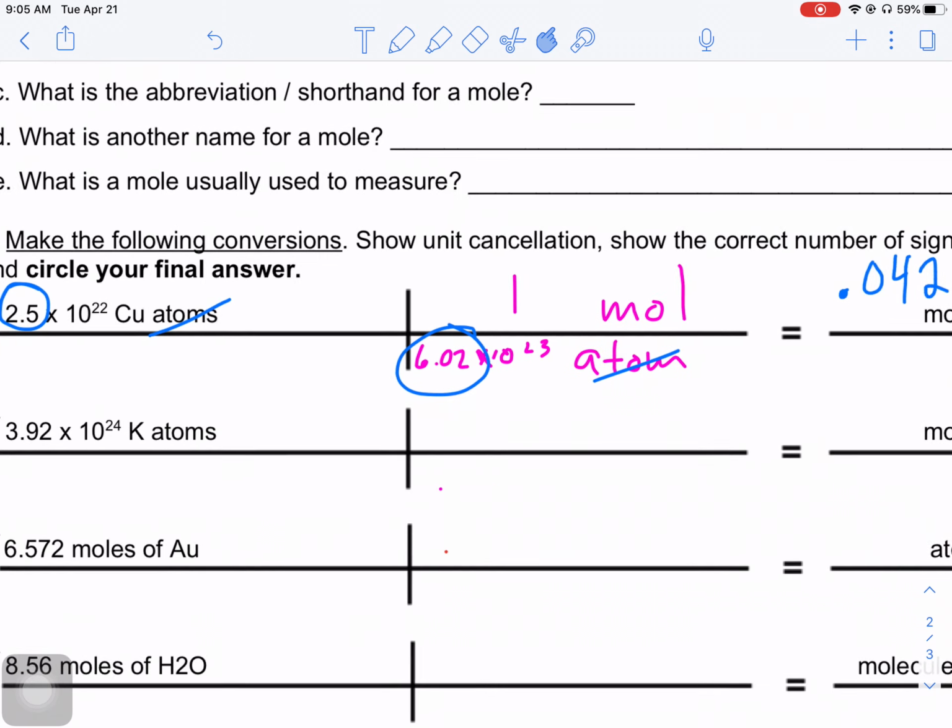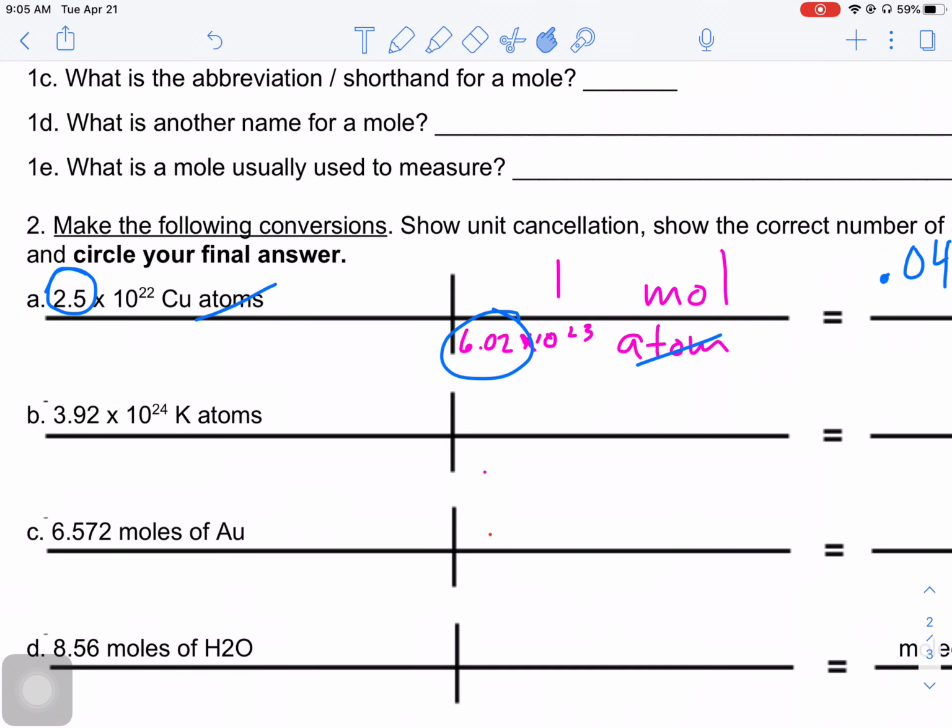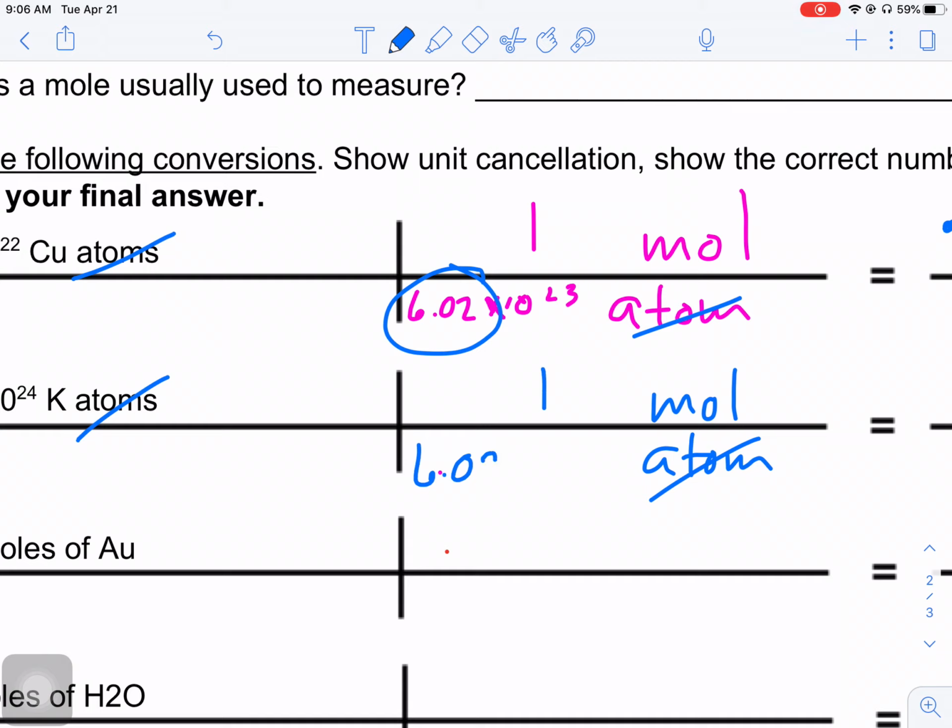Let's do another one. All right, so in this case, we want to convert atoms to moles, just like the previous problem. I'm going to put atoms on the bottom because that's what I want to cancel, and I'm going to put moles on the top. So atoms, canceling out atoms. Now I have to plug in my numbers. Remember, the 1 typically is going to go with the mole. Okay, so we're going to multiply by 1, and Avogadro's number is going to go with the number of particles,